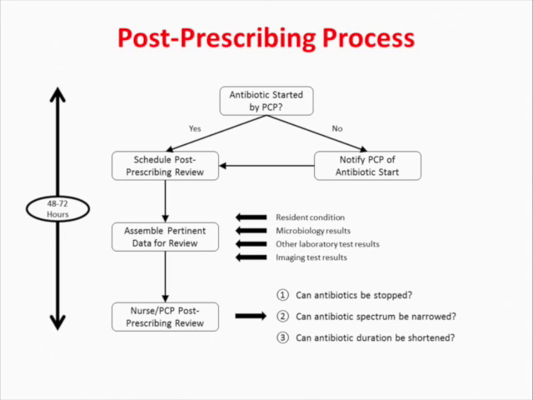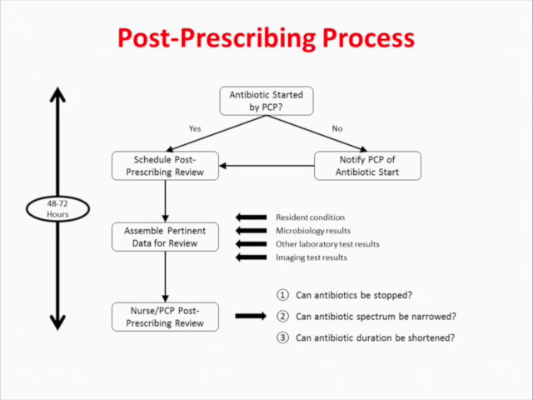The process that the antibiotic review form promotes is whenever an antibiotic is started, if it is started by the primary care provider, then we want to schedule a post-prescribing review within 48 to 72 hours to identify opportunities to modify the antibiotic prescription if appropriate. If it was not started by the primary care provider, we want to make sure that we notify the primary care provider that an antibiotic was started on a resident that they were covering, as well as scheduling a post-prescribing